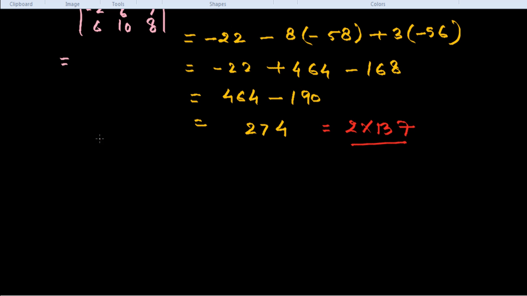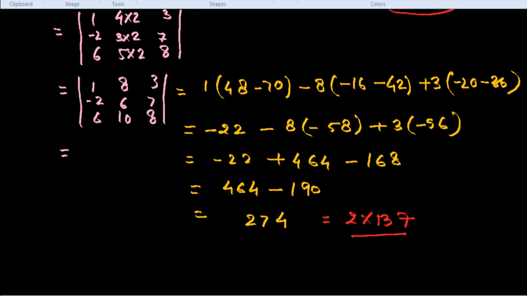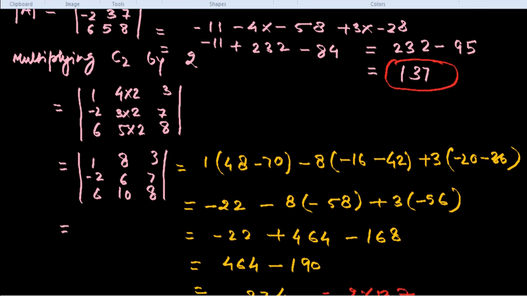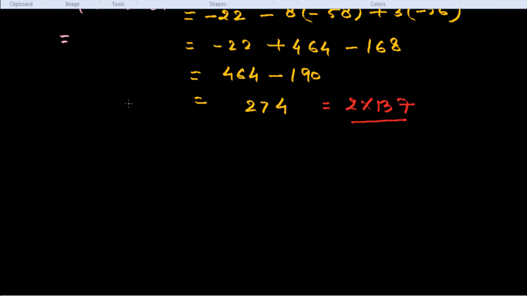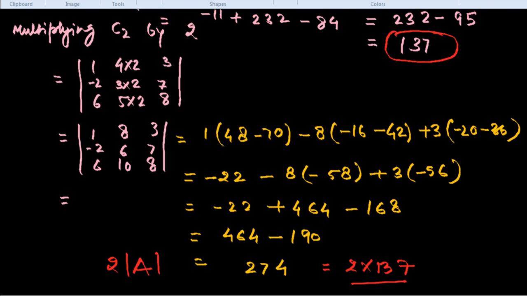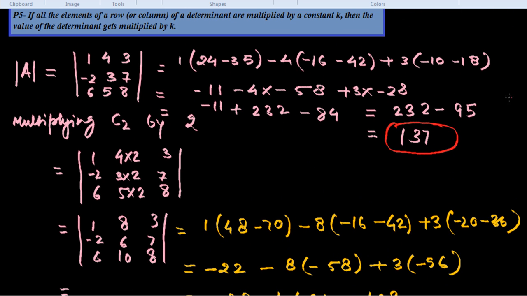So the value we get here is 2 into determinant A. The value of determinant A is 137. So we doubled the value, because we multiplied the second column by 2. In this way we have proved this property: if all the elements of a row or column of a determinant are multiplied by a constant, then the value of the determinant gets multiplied by the same constant. Okay, now we see